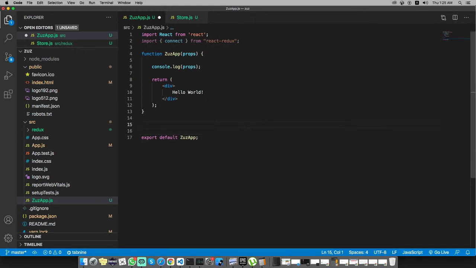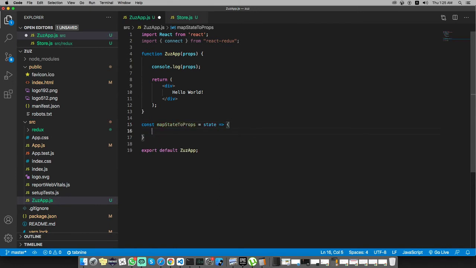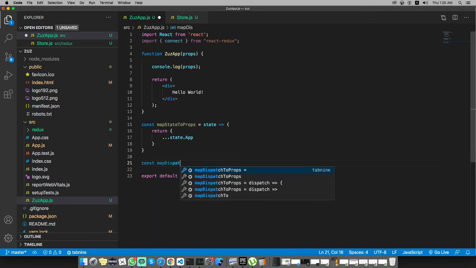First of all, let's call const map state to props, and for that we are expecting a state, because the state will be returned in this map state to props. So I will pass state.app, and next we need const map dispatch,